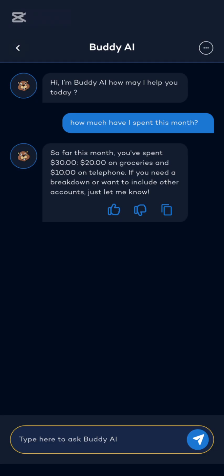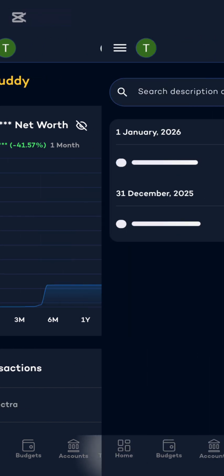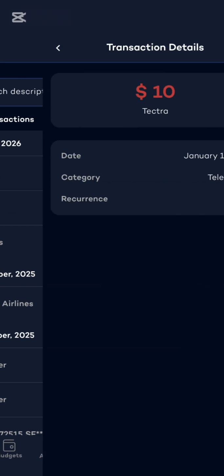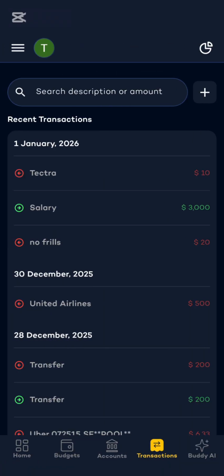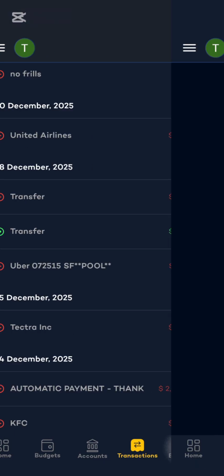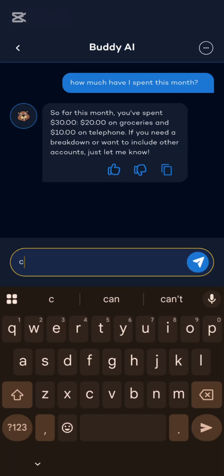So if you go to the transactions, it tallies, right? This is $10 I just spent on Tectra. This is $20 I just spent on No Frills. So going back to Buddy AI, you can even ask it to